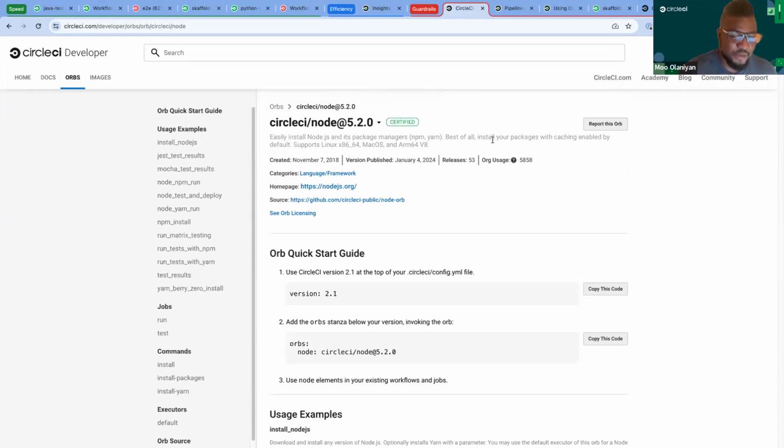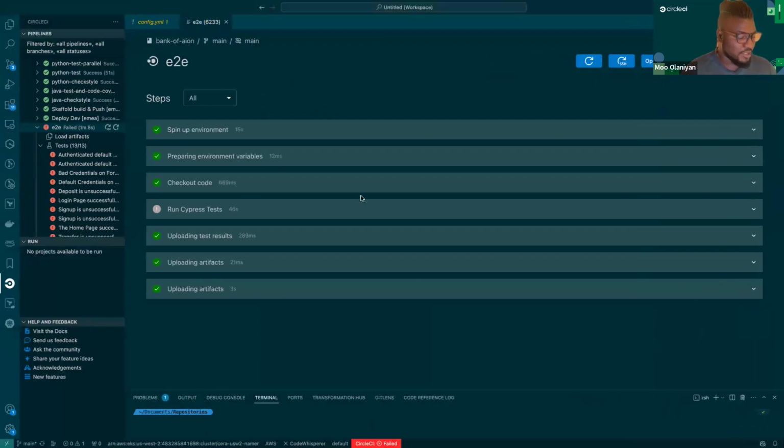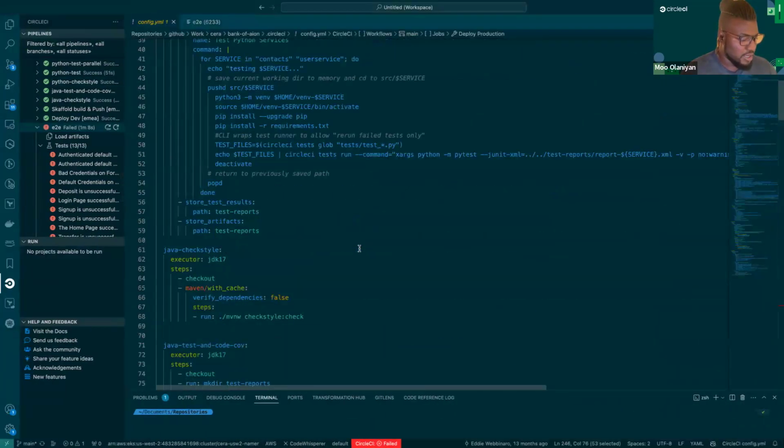But what if you need to integrate internal business logic into your reusable code? We also give the option to our customers to create their own private orbs to meet such use cases. And then only that particular customer can see and use these to create reusable configuration. And of course, an extra layer of security around the use of these private orbs can be provided via our config policies, right? So I'll talk more about those in a second as well, because those are definitely part of the guardrails.